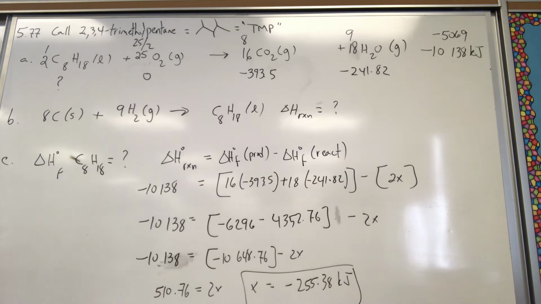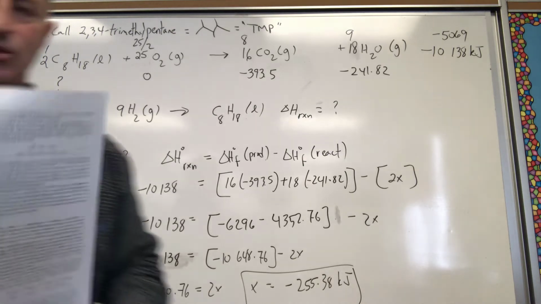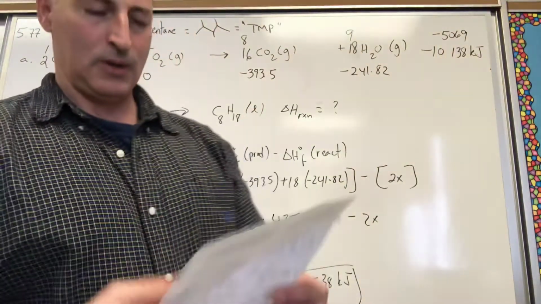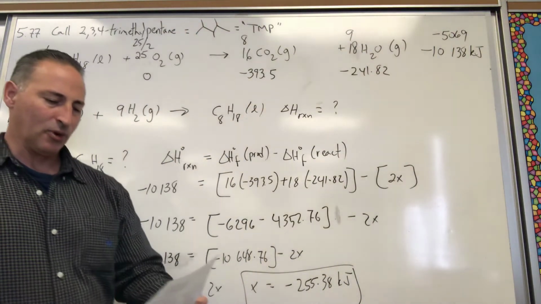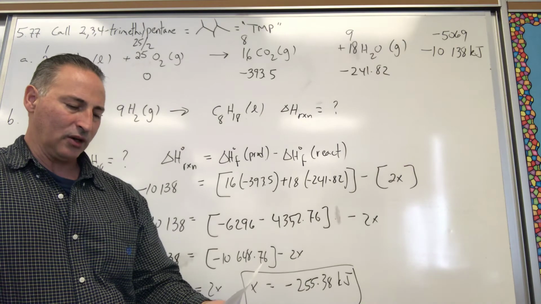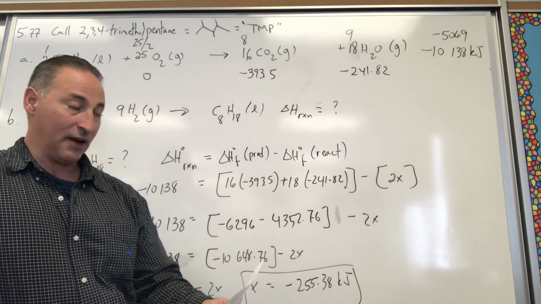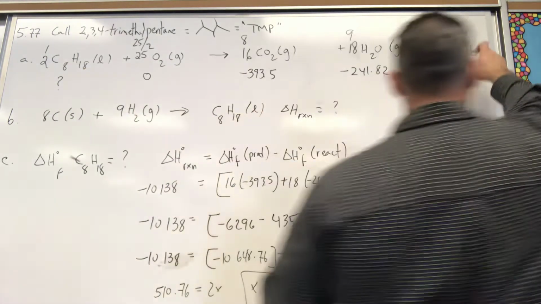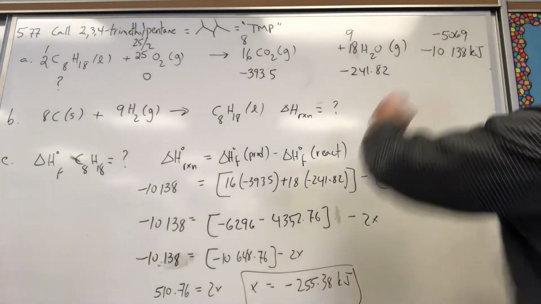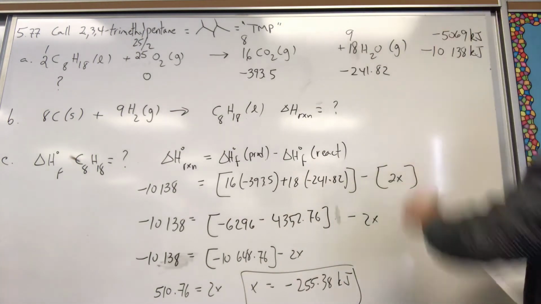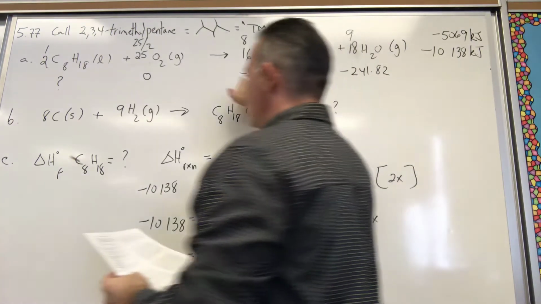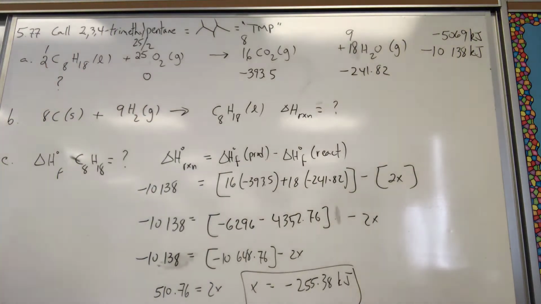And they show it to you, might as well show it to you on the screen. There's octane. The complete combustion of 1 mole of this compound to CO2 and water leads to a delta H naught of negative 5,069 kilojoules, up here. We looked up all the values at the back of the book. What are they asking now? A,